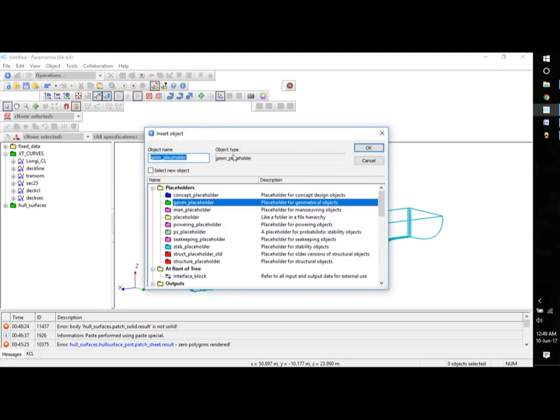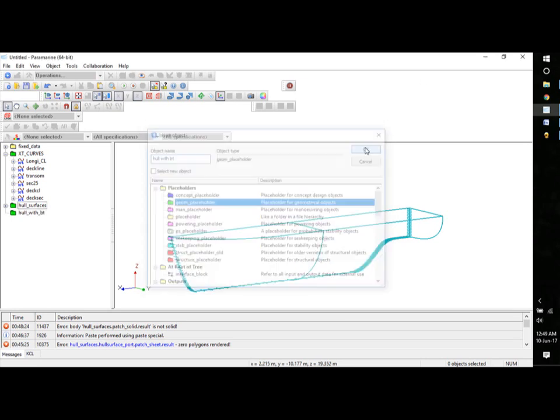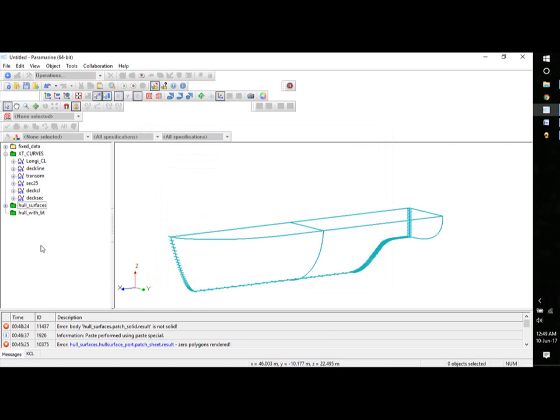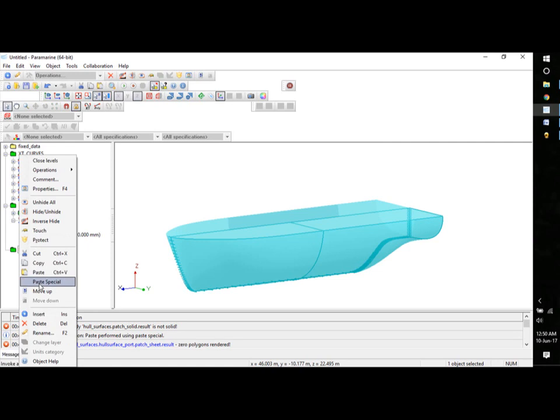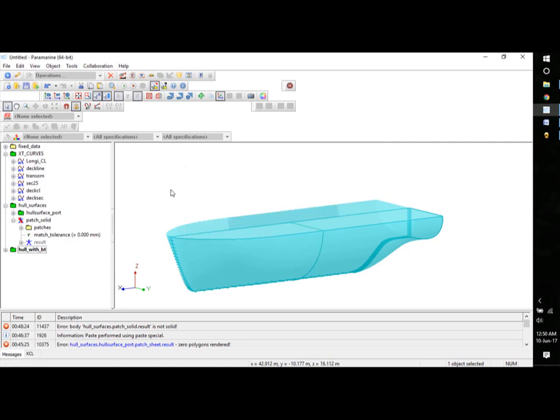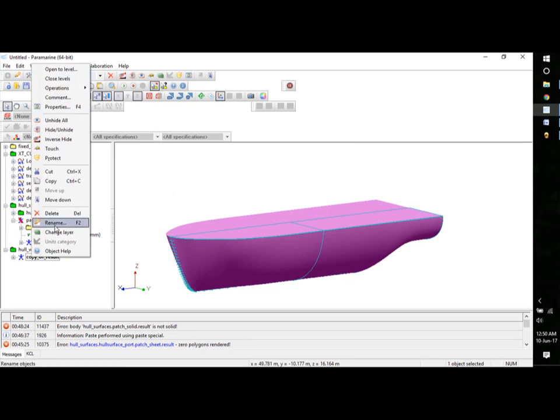So that will be the hull with BT. Let's say hull with BT, right? And in this hull with BT, you have to basically copy this patch solid, the result of this patch solid, and paste special as a copy of, right? You can rename that to hull solid